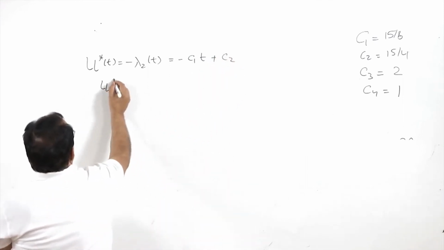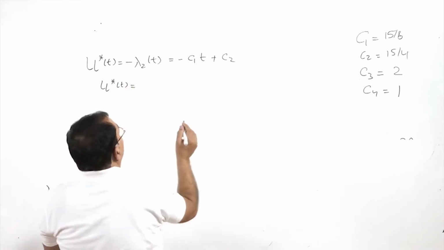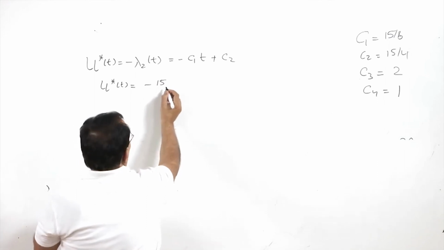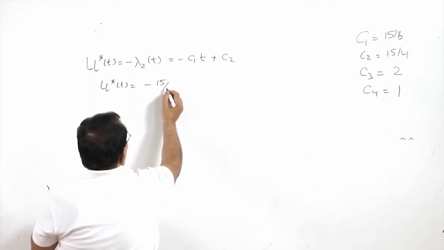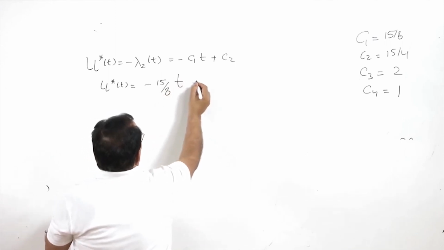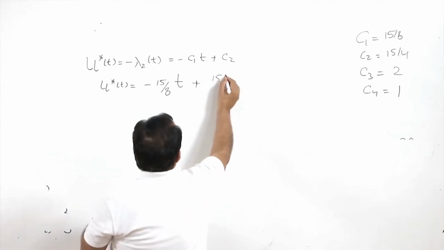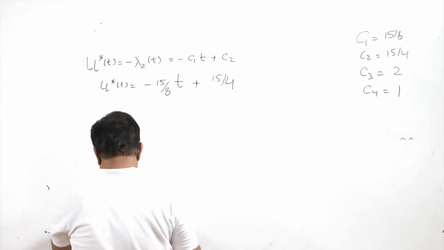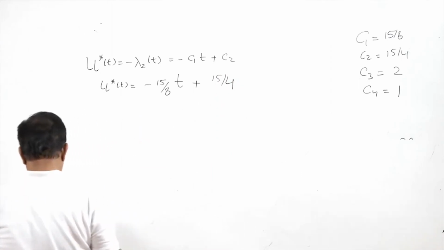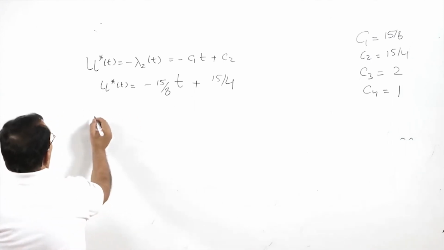So, my optimal u is nothing but minus 15 by 8 t plus 15 by 4. And